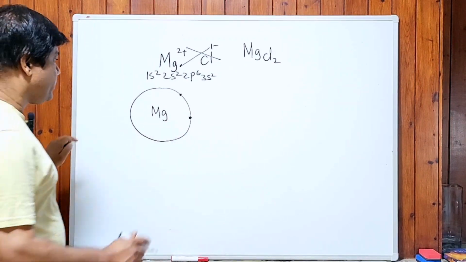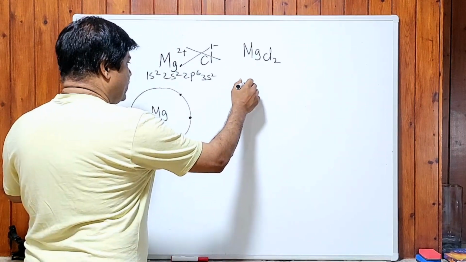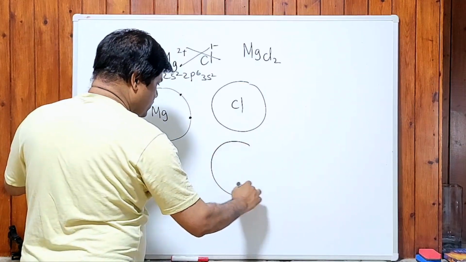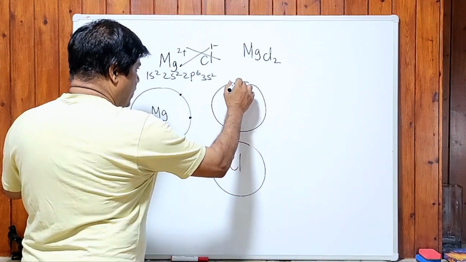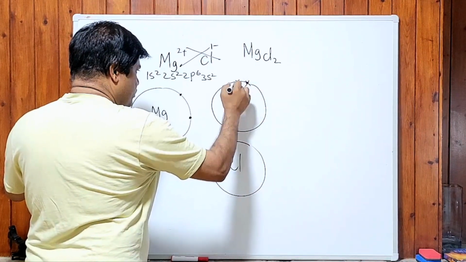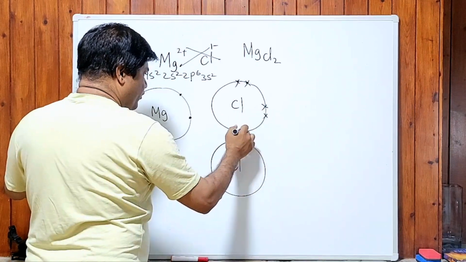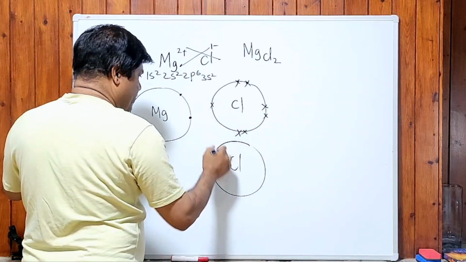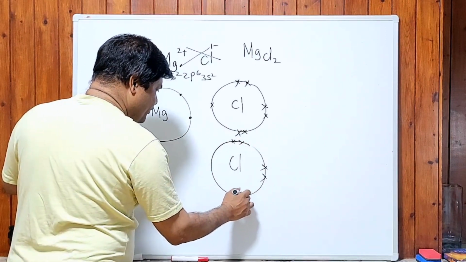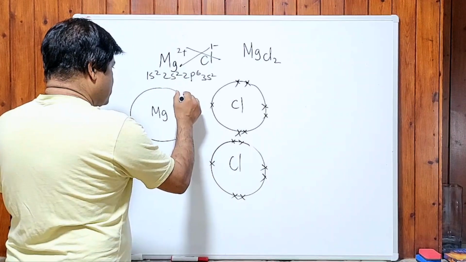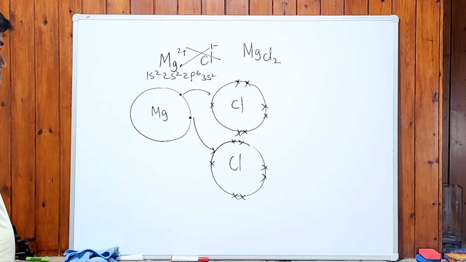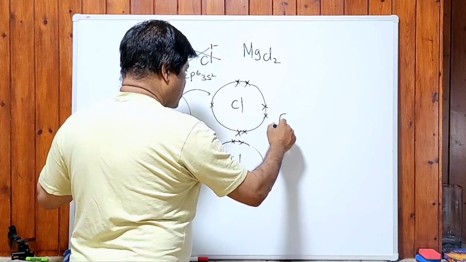Okay, 2 electrons. And we know that chlorine gains 1 electron because it has 7 electrons in the outer shell. So we need 2 chlorines. 1, 2, crosses, 3, 4, 5, 6, 7. Same thing, 1, 2, 3, 4, 5, 6, 7. Magnesium gives away 1 electron to this chlorine and 1 more electron to this chlorine. Now magnesium becomes